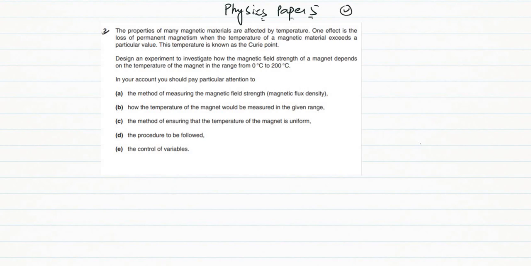this one. The properties of many magnetic materials are affected by temperature. One effect is the loss of permanent magnetism. When the temperature of a magnetic material exceeds a particular value, this is known as the Curie point. Design an experiment to investigate how the magnetic field strength of a magnet depends on the temperature. So this is the expected question that I am thinking would be asked, and we will be designing a proper experiment in order to find out